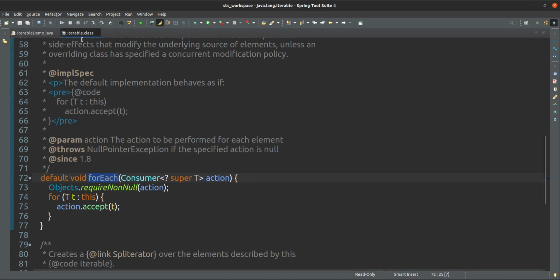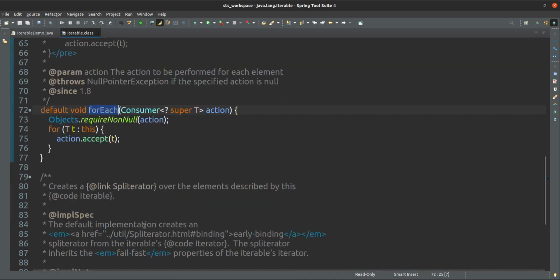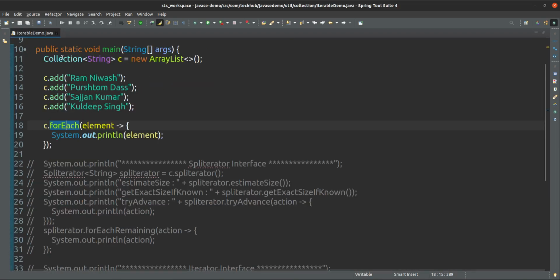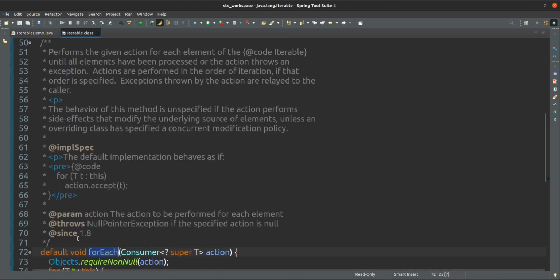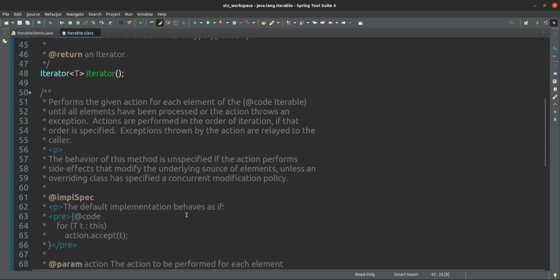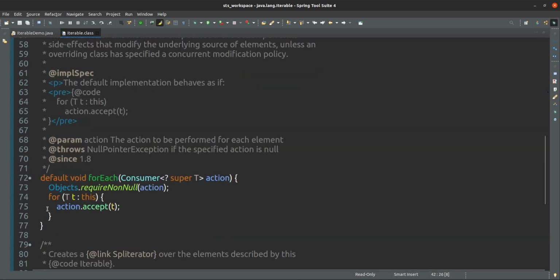Yes, this is iterable. This forEach is coming from the Iterable interface, because Collection is implementing the Iterable interface. So that forEach is coming from Iterable, and in Iterable this is a default implementation. It is iterating, and that is accepting one Consumer